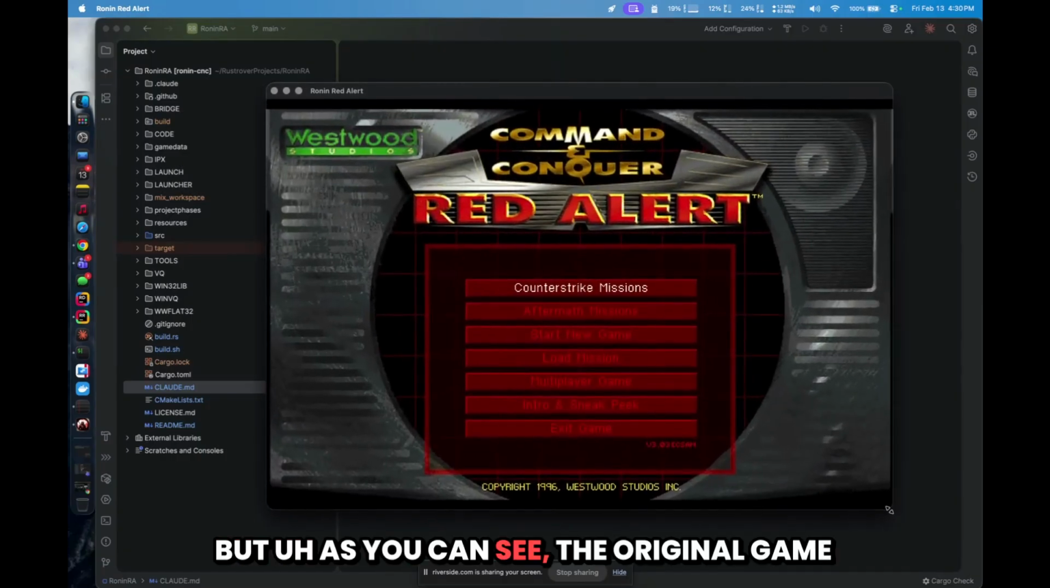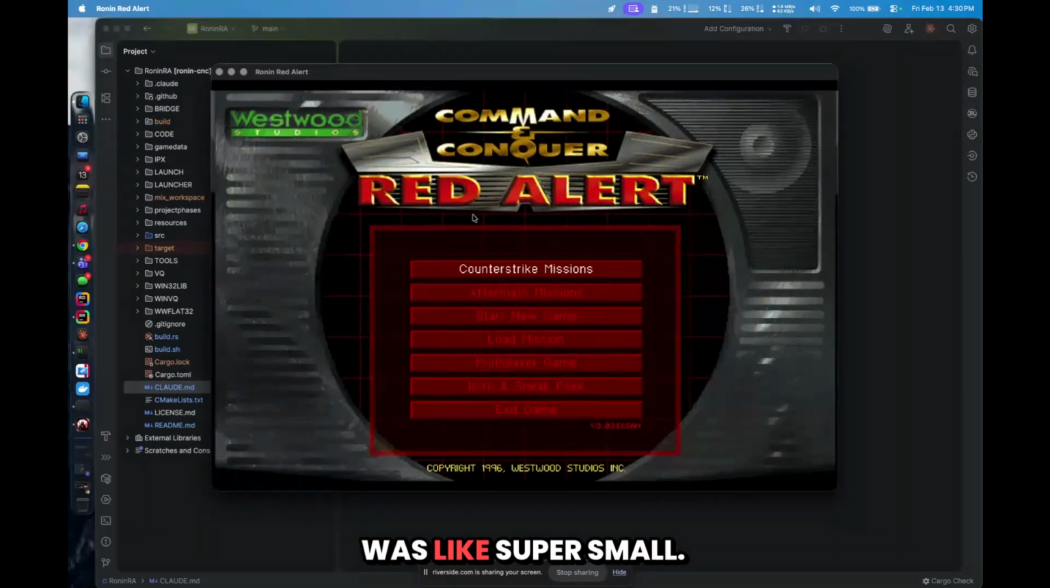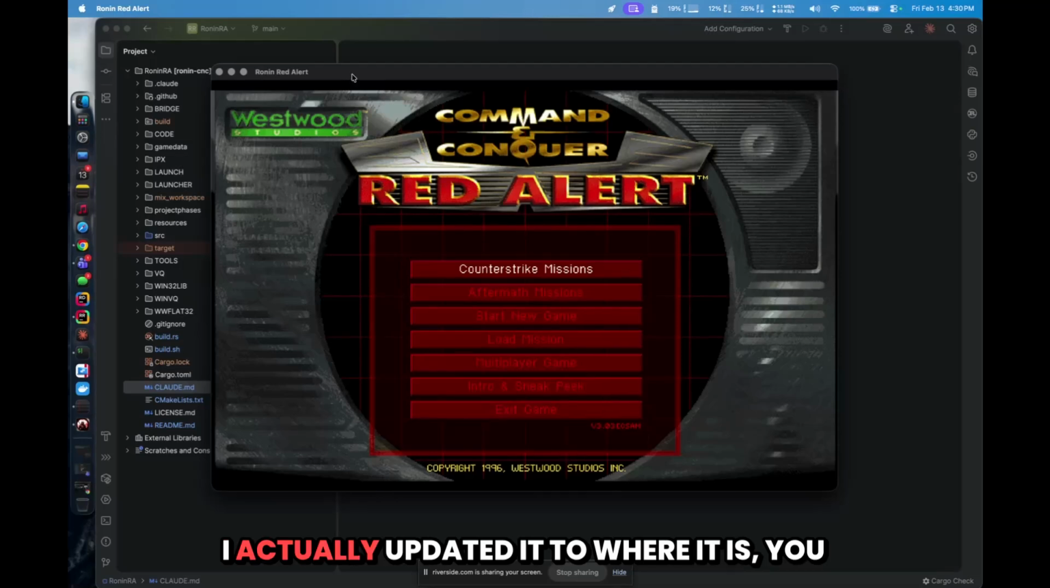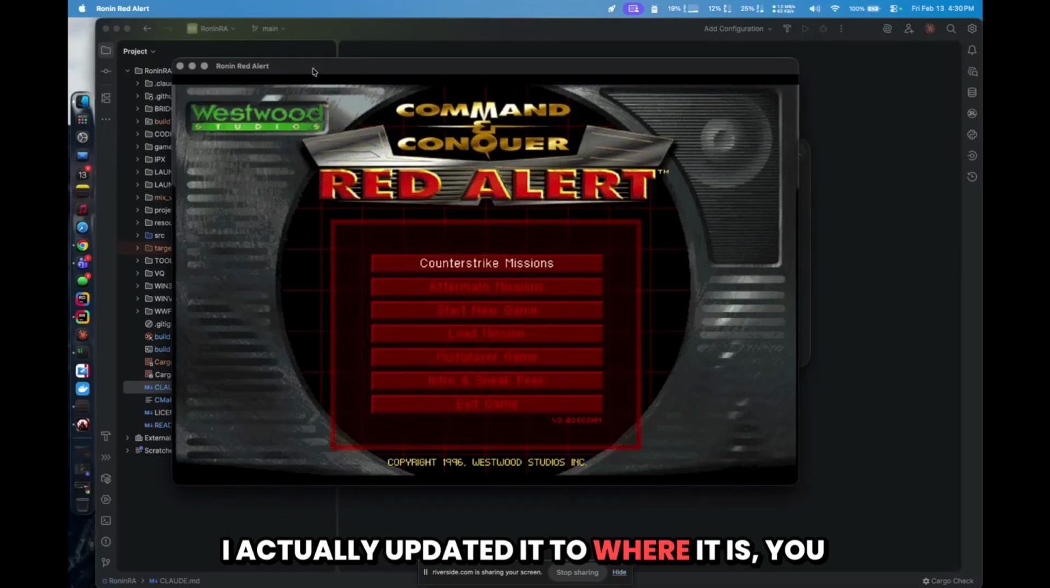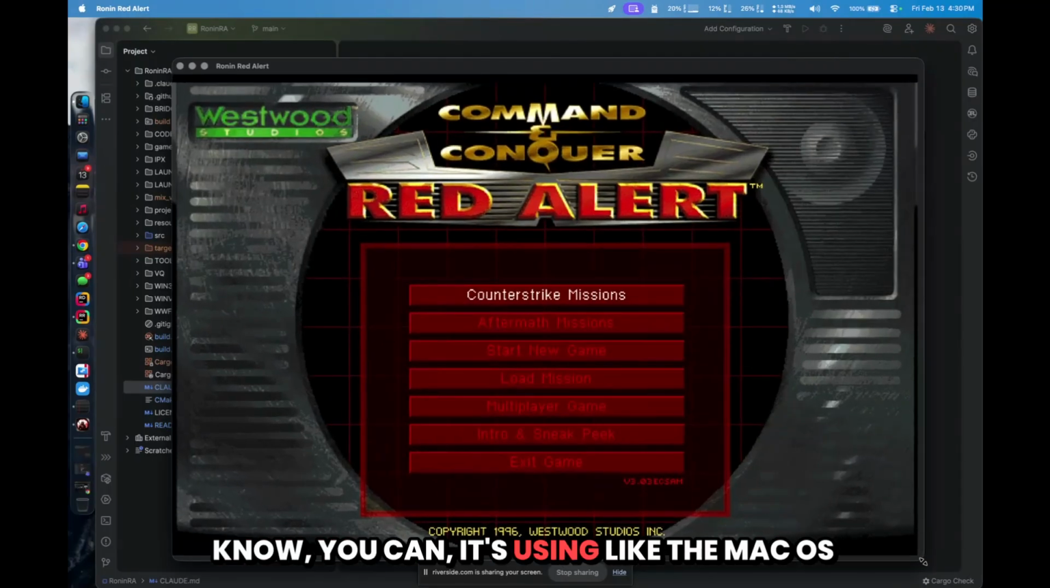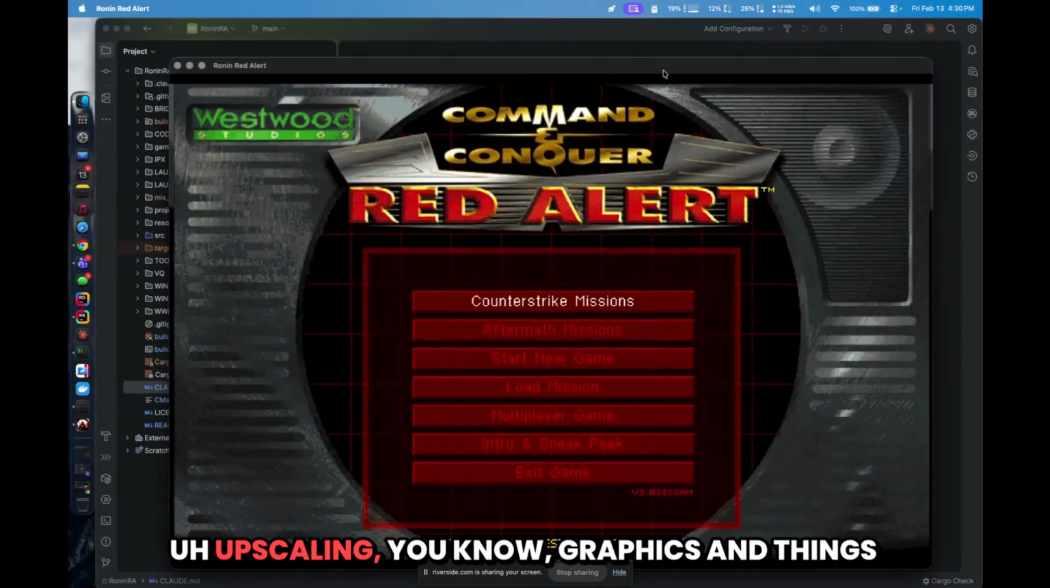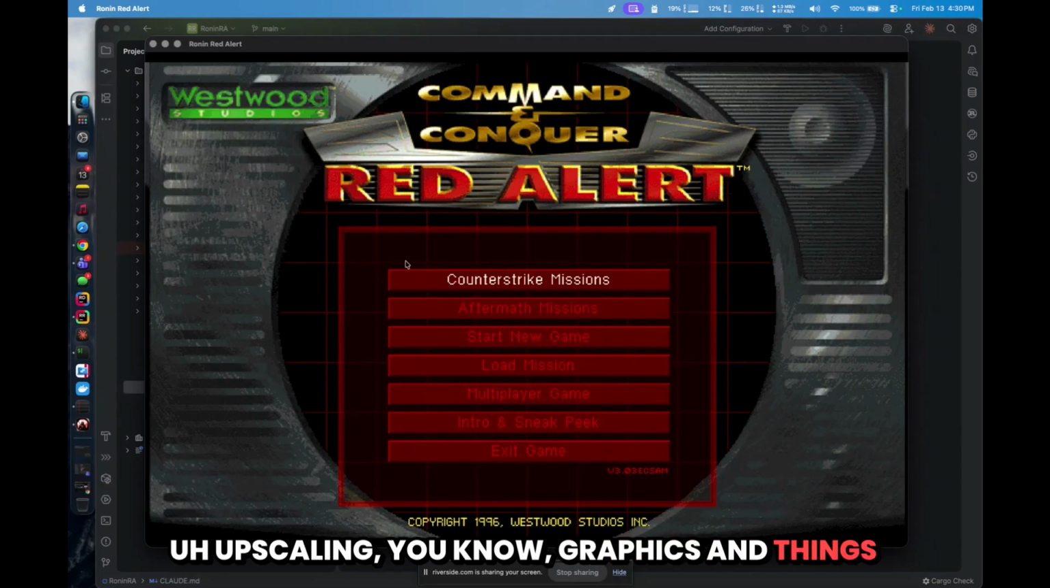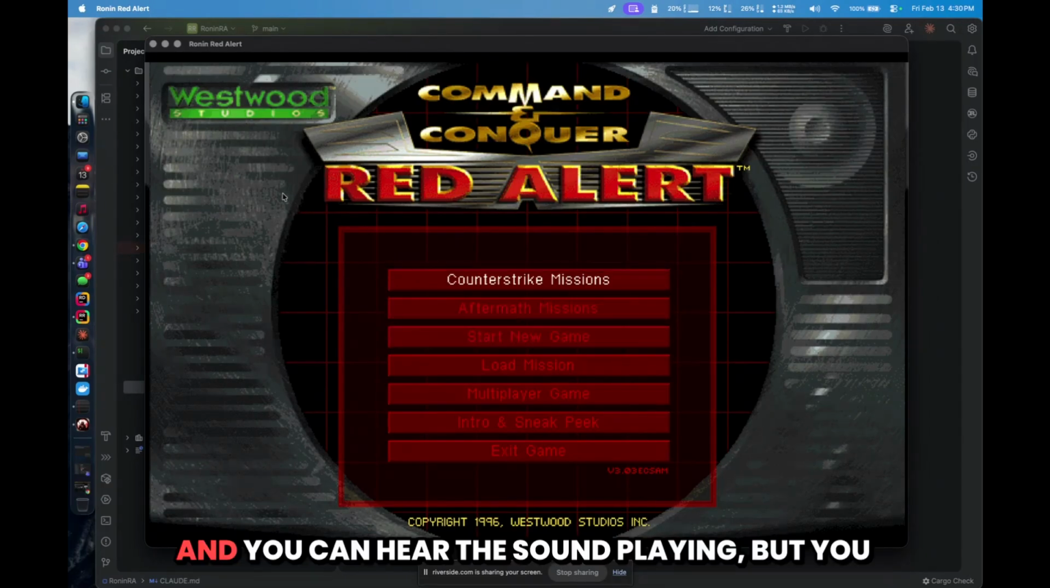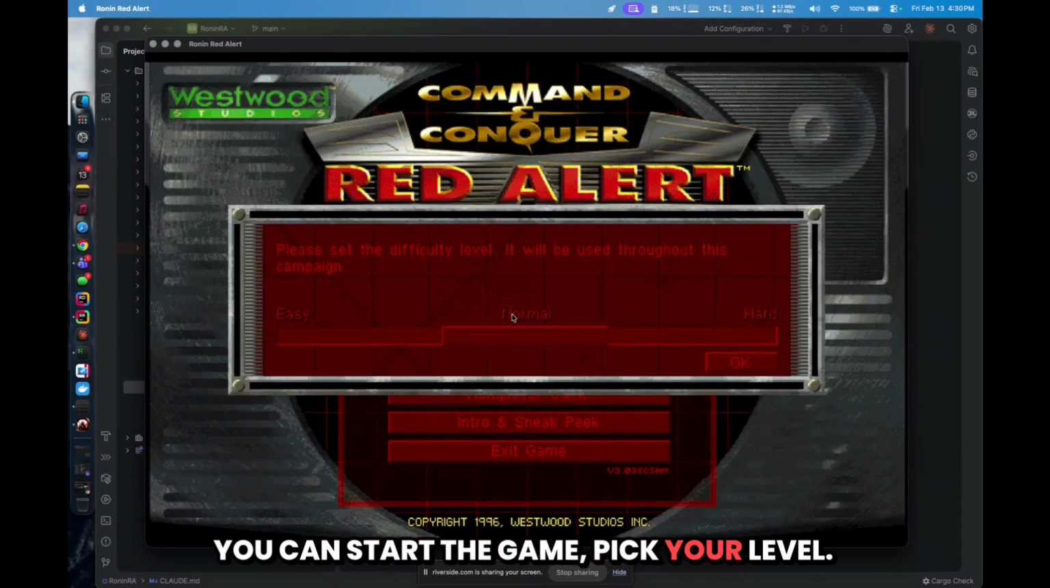But as you can see, the original game was super small. It was like 640 by 480. I actually updated it to use the Mac OS upscaling, graphics and things like that. And you can hear the sound playing, but you can start the game, pick your level,